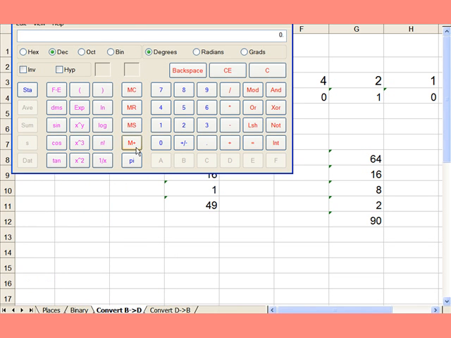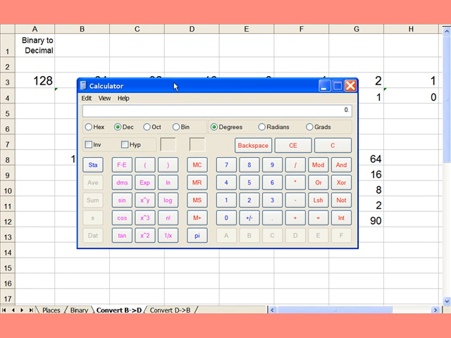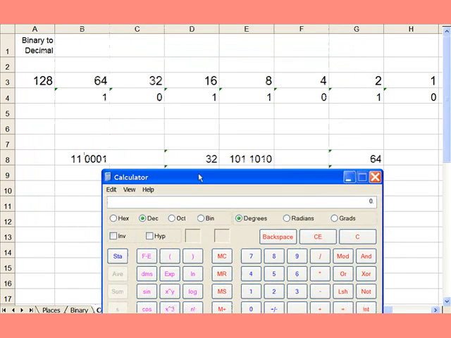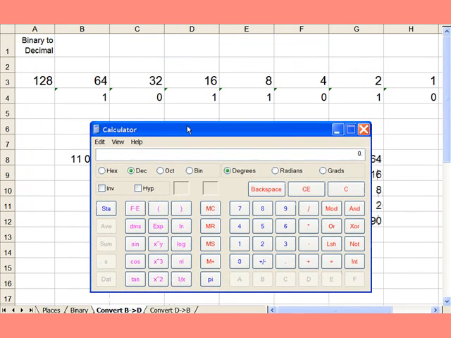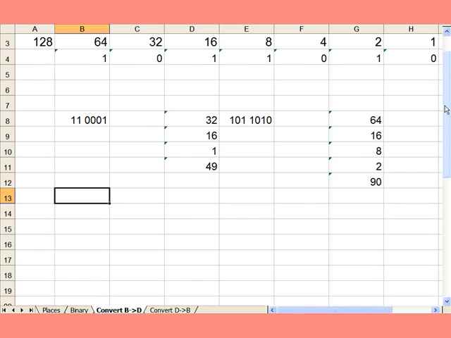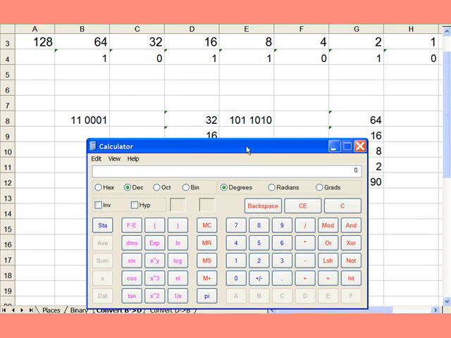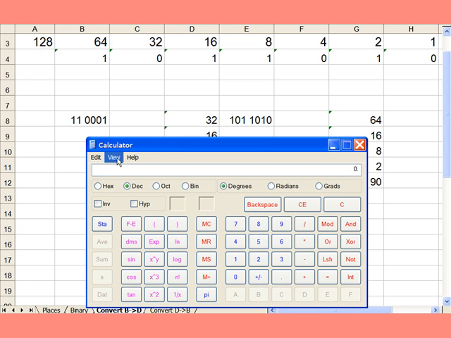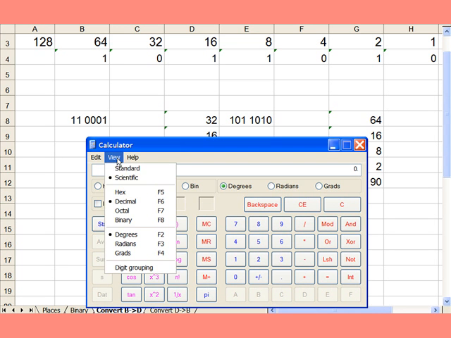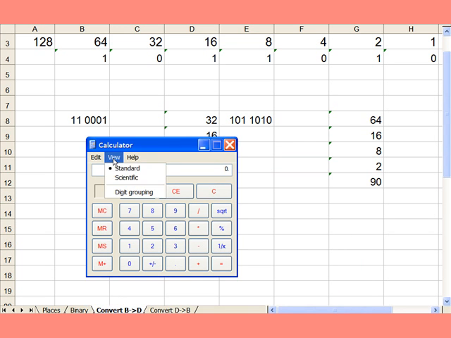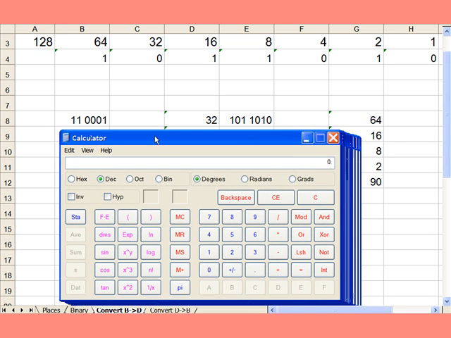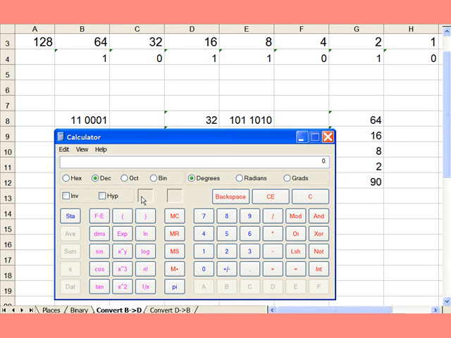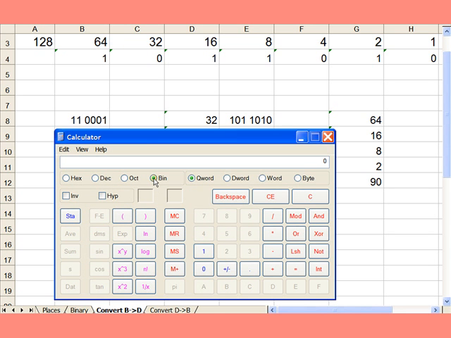I keep mine on my taskbar. So here's the calculator that comes in Windows. Can I move it around a little bit so that you can see our conversions? The calculator has a view menu where you can change it between standard and scientific. So if you look at the scientific version of the calculator, you'll see that we have a decimal number system and a binary number system. If we click on binary, all of the digits are dimmed out except for 1 and 0,